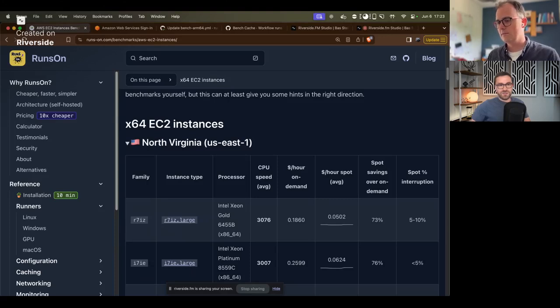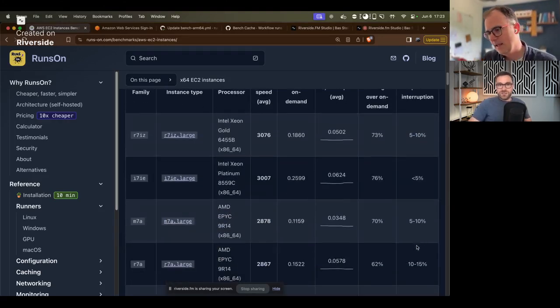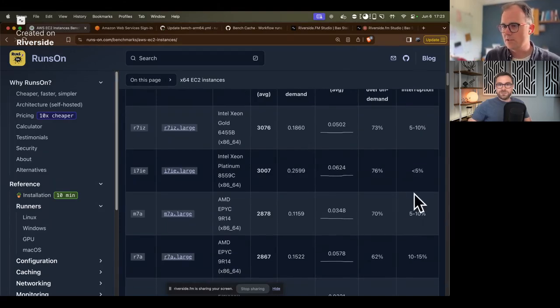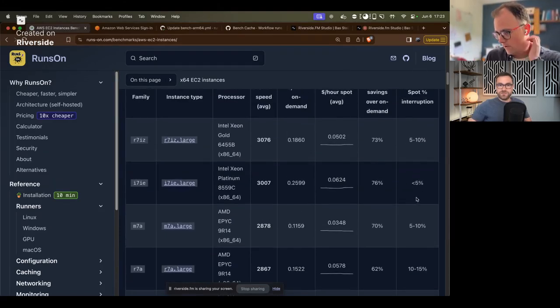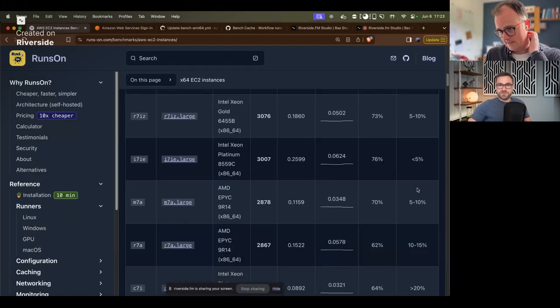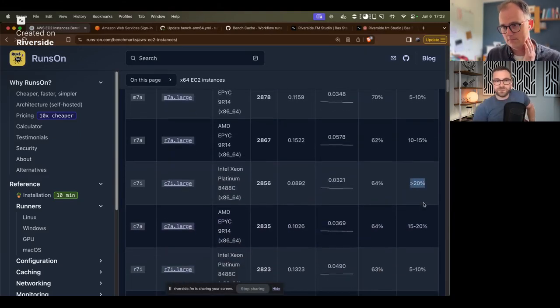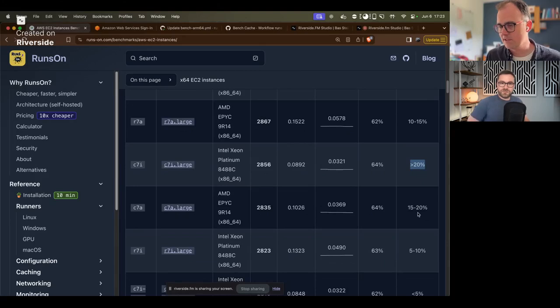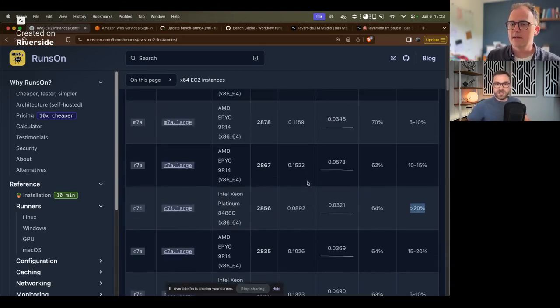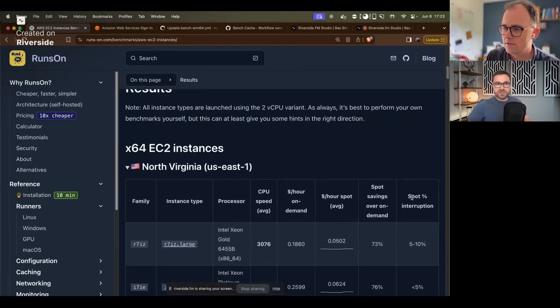So this varies at any time of the day. This is just a snapshot, basically, of the last 24 hours. And you can see that there are some that have much higher spot interruption, much higher risk. And this depends on the region, the time of day, probably many other things. But what Runzone provides you is,